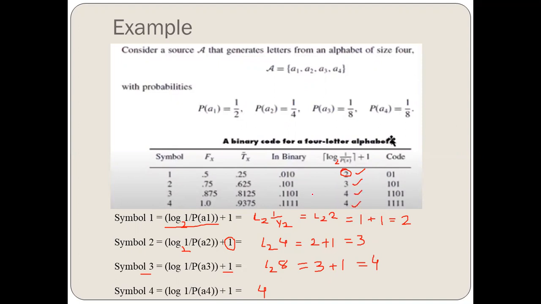Now I am going to keep the codes at these lengths. For the first, the length I have to take is 2, so it will be 0 1, with the decimal removed. Next is 3, so it is 3 only, so 101. Next is 4, so 0.1101 becomes 1101. For the last, 4 again, so I keep 4 times 1, that is 1111. So this is how I have generated the codes for this.